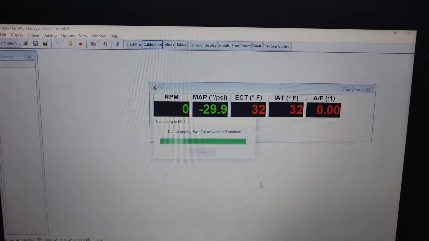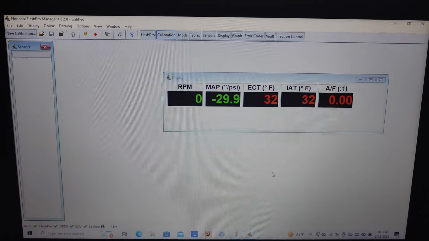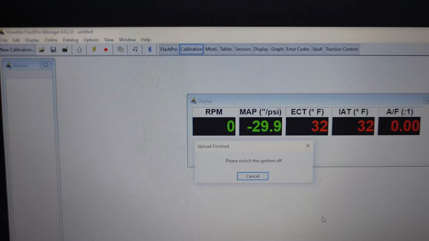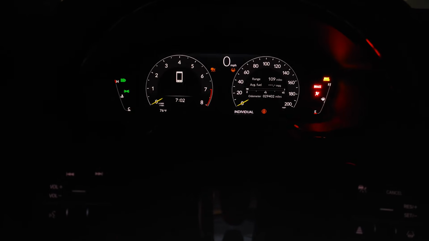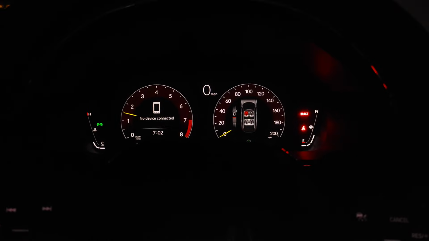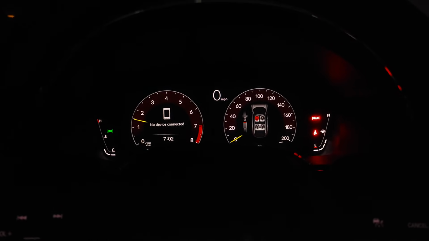Alright, it's just about done. There we go. Now just switch off the ignition. So I'm gonna go ahead and do that. And that's it, you're all done. So I'm gonna go ahead now, turn the car on. Check engine light should be gone. There you go. No more check engine light,